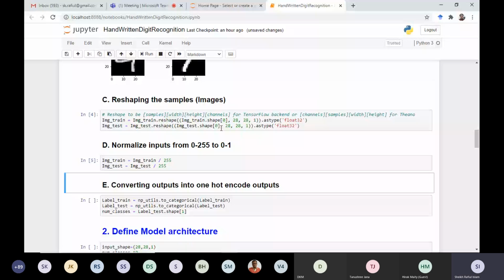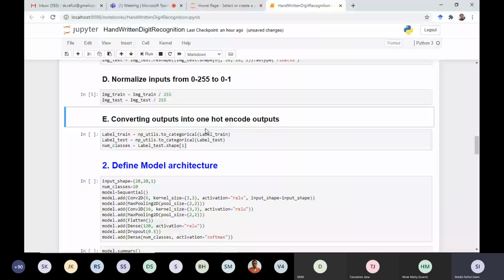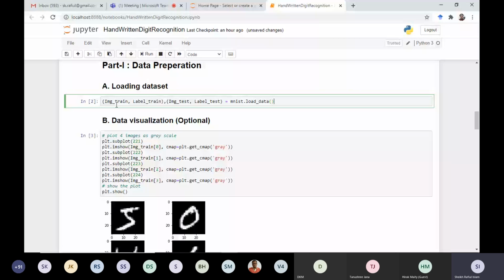After that, in any case, if you work with categorical variables, what are categorical variables? If you consider these two parts, one is the image, which is the data actually. This is the corresponding label.